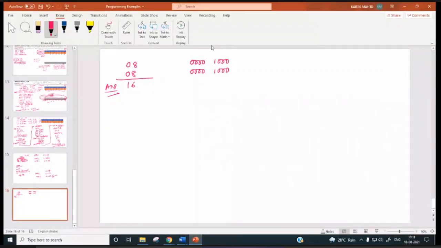Now if these two 8 bits are added bit by bit, this will be 0, this will be 0, this will be 0. 1, 1 added, then it becomes 0. Carry is coming from this lower nibble to upper nibble. Right? A carry 1 will come over here, and this is called auxiliary carry. This is called ACY, auxiliary carry.